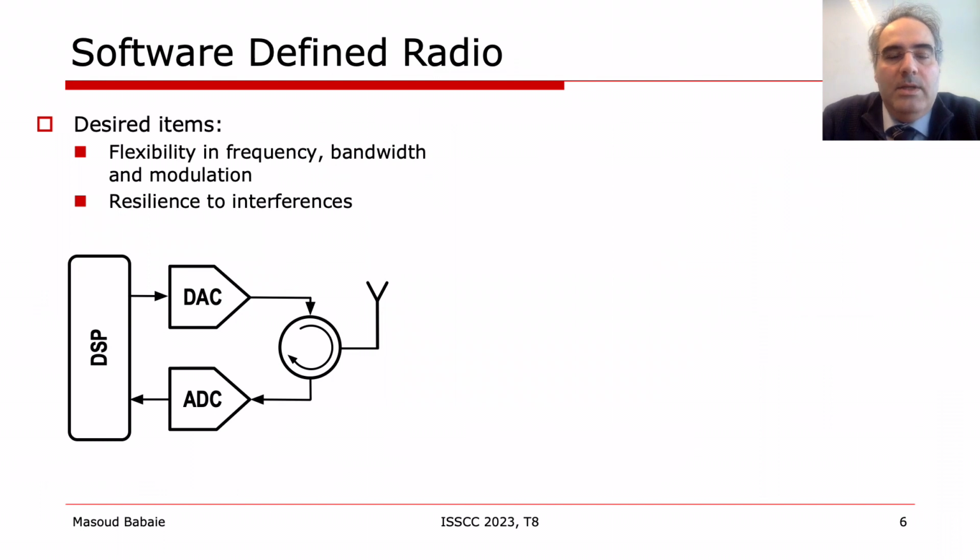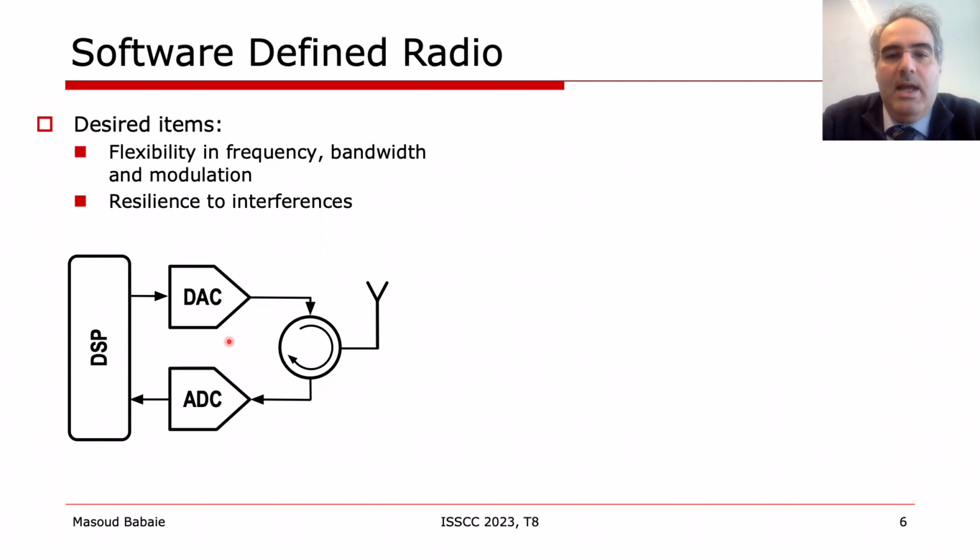After concluding the receiver's high-level specifications, we need to choose a receiver architecture that offers the highest flexibility and reconfigurability in terms of operating frequency, channel bandwidth, and modulation. Moreover, it should be resilient to in-band and out-of-band interferences. The most straightforward way to achieve a reconfigurable transceiver is to employ a high-speed digital to analog converter as the